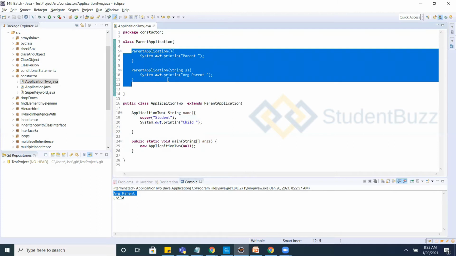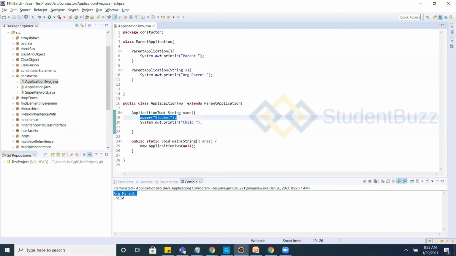It may be a variable, a method, or a constructor. If you want to call the parent constructor explicitly, you should use this super constructor. If it is parameterized, you need to pass values; if it is not parameterized, you don't need to give any value.